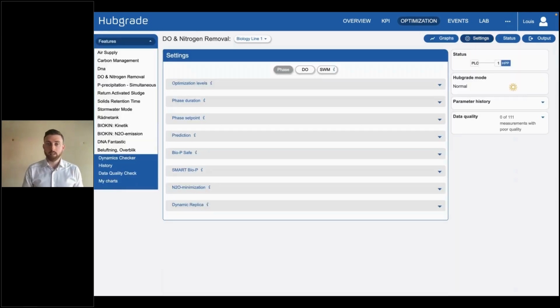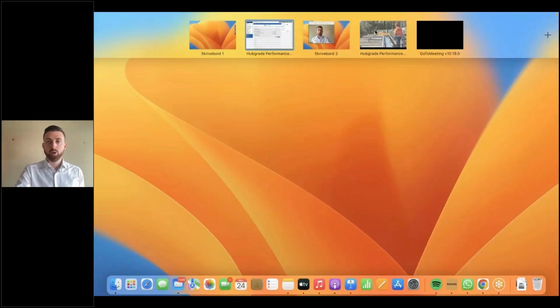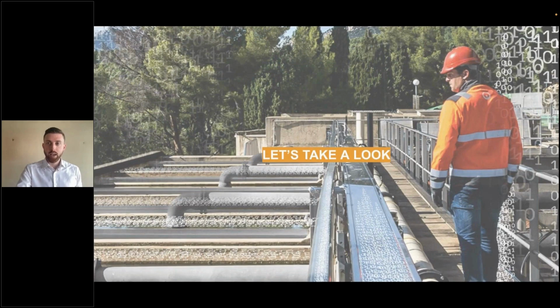Finally, a small detail is that every plant is of course different, so there are some restrictions that have to be met, mechanical restrictions, for example. So some parameters are during commissioning entered manually in a collaborative workway of our process engineer and the local operators to fix, for example, phase durations of aeration. So that was a bit of a look and feel here of what the tool is,